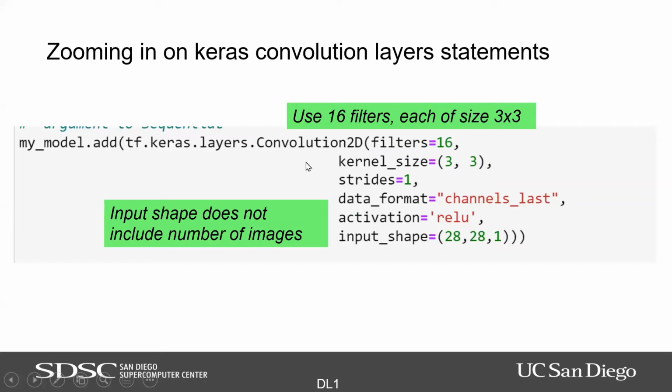Here's how you define the convolution layer. You have to tell it the number of filters you want, a kernel size, which is basically your filter size, how you want to stride over, and the activation. One thing that's important to keep in mind with Keras is you don't have to say how much input you have. You tell it the input shape, and it assumes you're going to have some number of observations, so it'll figure out that first dimension of your input matrix.